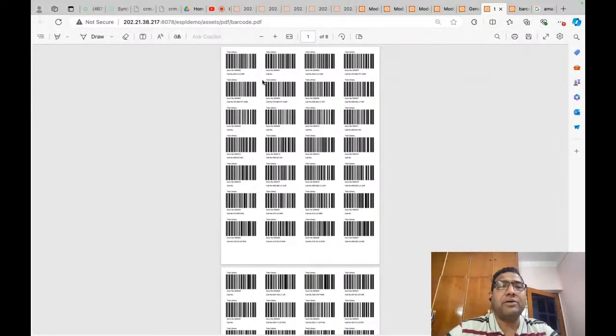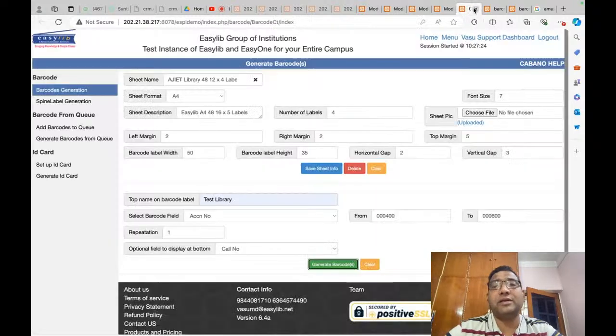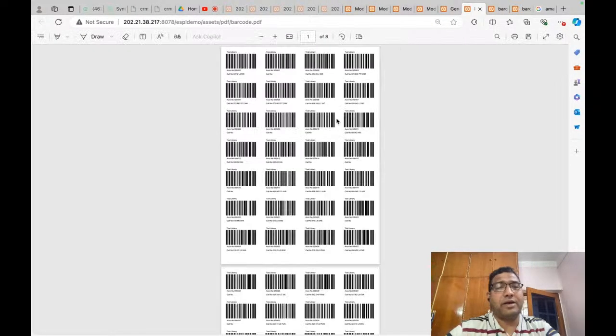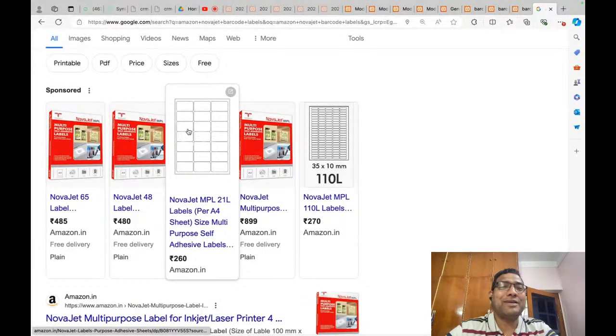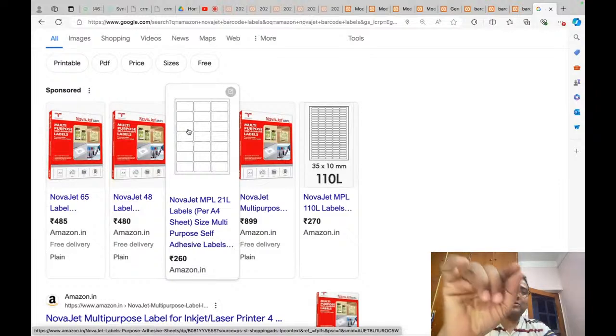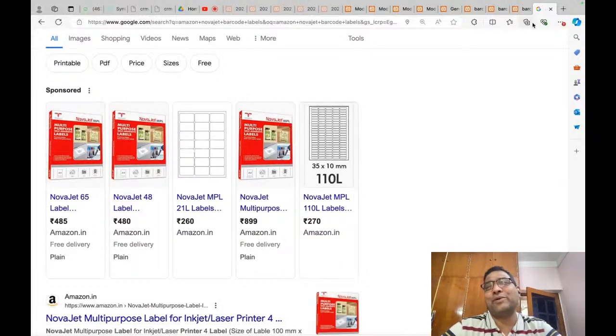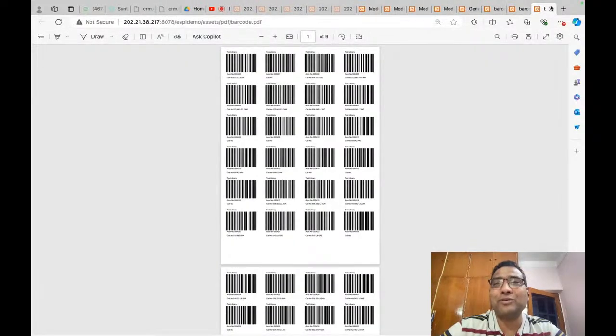You do that. Okay, so 1, 2, 3, 4, 5, 6, 7. Maybe you want to increase the gap between these. So you change it to, let's say, 5 over here. Save it. Yeah, this looks better. So now what you can do is simply print it on this kind of paper. 7 by 3. Neatly, you just peel it, paste it, peel it, paste it. Very easy job. So the beauty is that even if you close this,